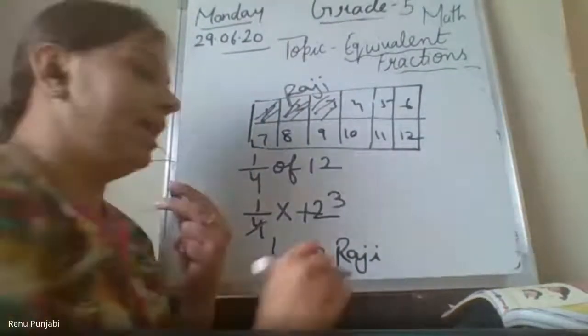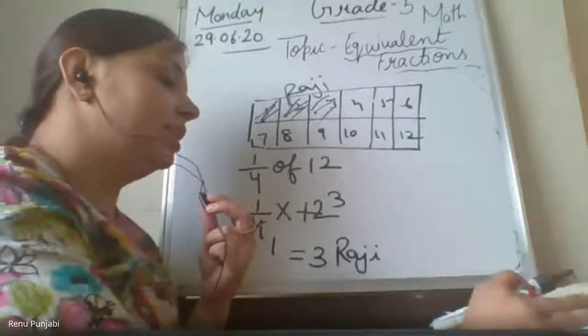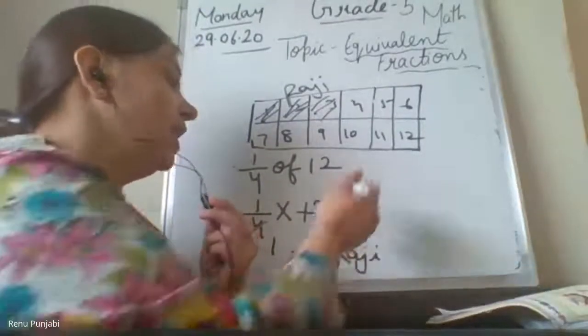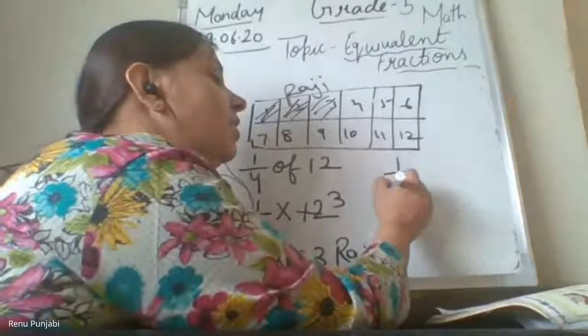Right. Now next comes, she gave 1/3 to Sugandha. Now what is the 1/3 of